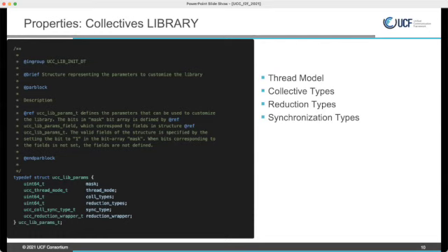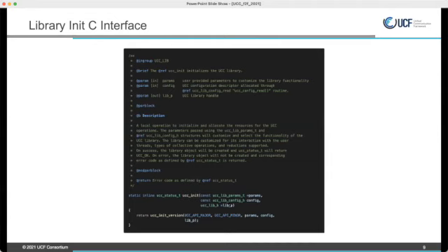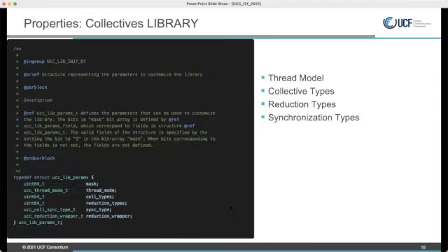And reduction types is exactly similar, like what reduction type, for example, whether the user would like to say sum, prod, and max or something, right? And as you remember, if you go back to this slide, this is an input parameter, and the library object is output, right? The user is providing an input on what the user expects, and the library object is built around that.